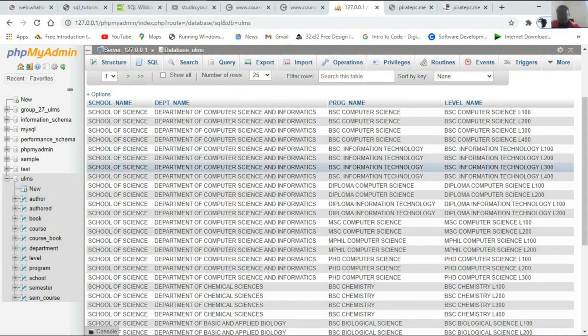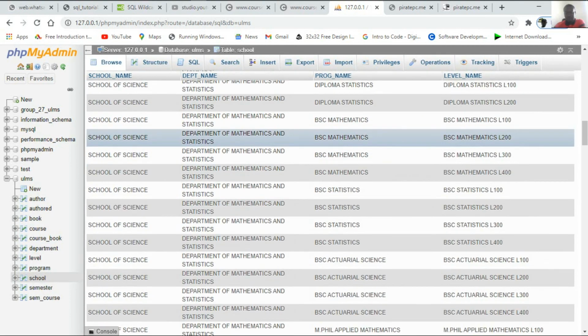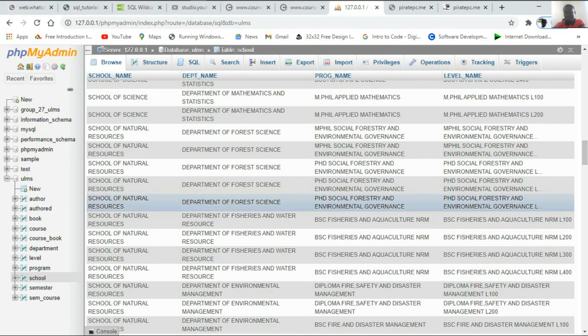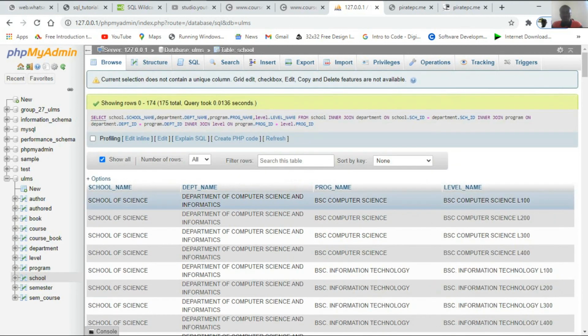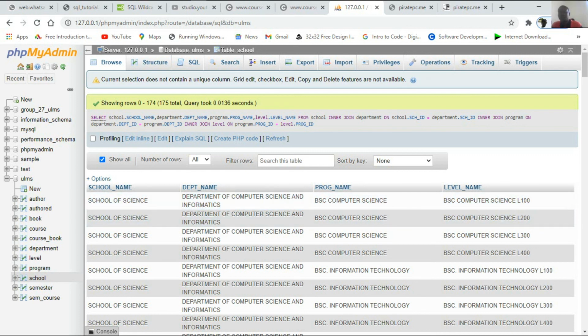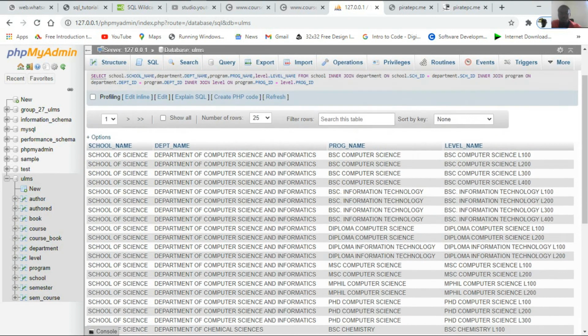We have BSc Information Technology. So our database is